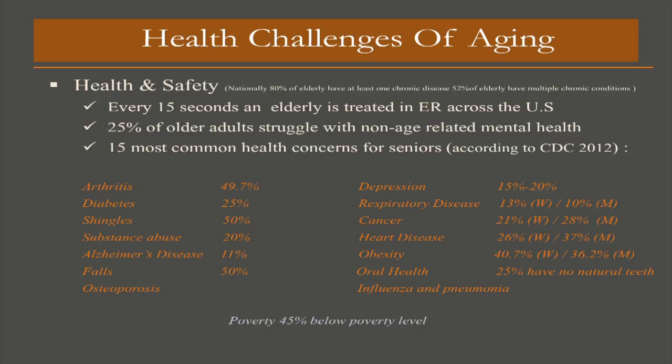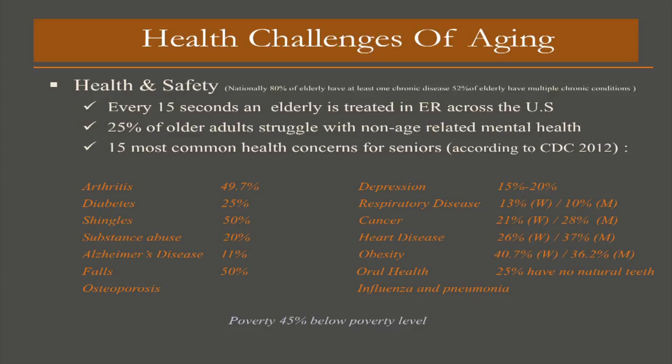Nationally, 80% of elderly have at least one chronic disease. 52% of elderly have multiple chronic conditions. Health and safety are a great concern with this population. Every 15 seconds, an elderly person is treated in an ER across the U.S. 25% of older adults struggle with non-age related mental health issues. According to the CDC in 2012,